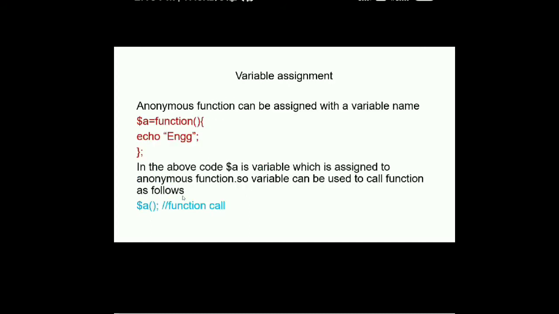You can even pass n number of arguments inside an anonymous function. Now, this is an anonymous function which does not have any arguments inside. A simple function because I assign it to a variable called A. It prints a string called engineering. And if I call this, we can see here at the end I have written a code snippet, $A, that means the name of the variable, and I've left the parentheses open. That means this calls the anonymous function, and you will get the information ENGG.